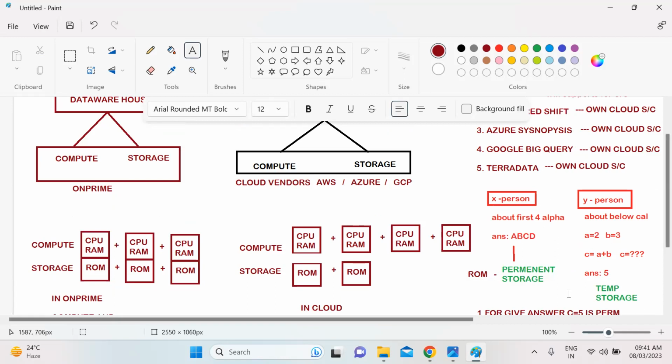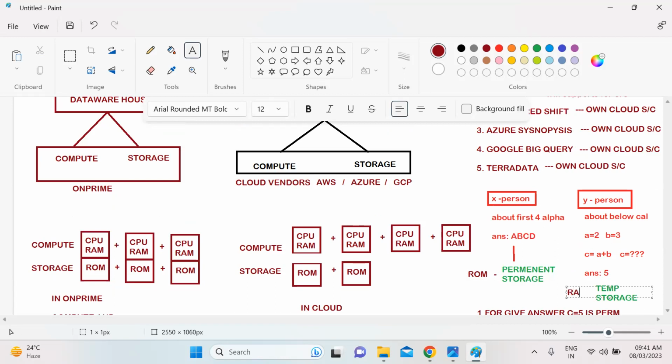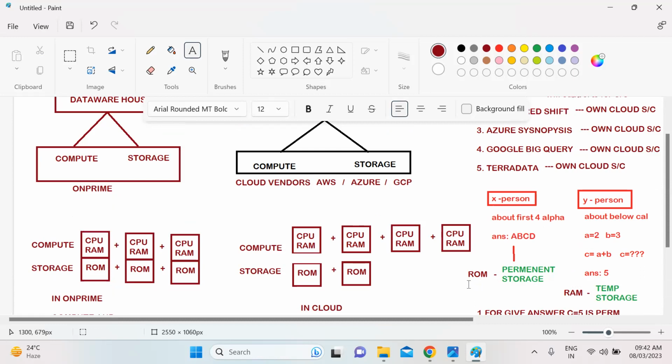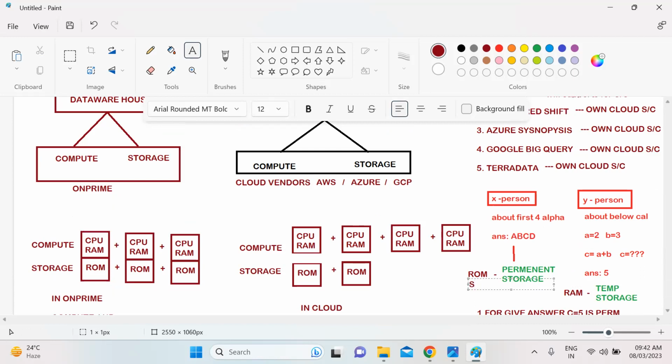This is RAM. ROM, or hard disk, external hard disk, are basically external storages.